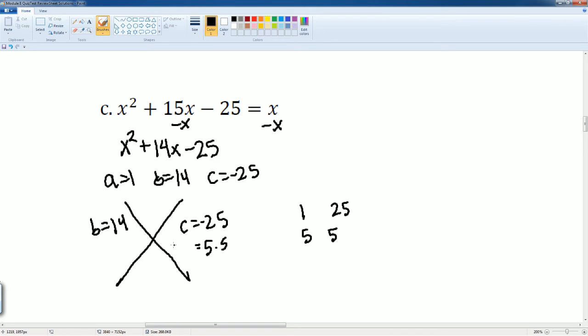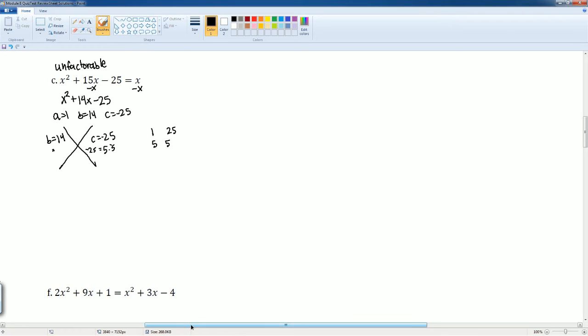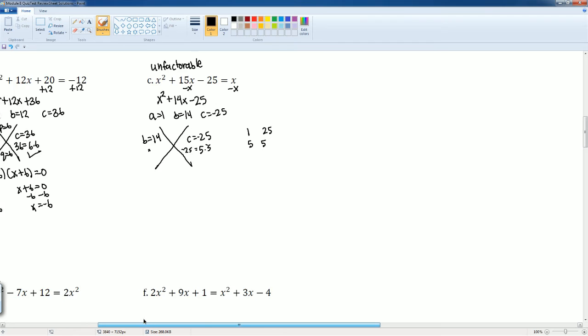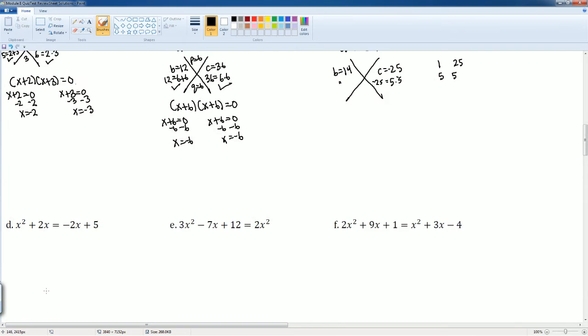5 times 5, even if you make one of them negative, gets you negative 25. There's no way you can make 14. So C, this is unfactorable. So you can't do C. It's unfactorable. That's interesting. Okay, let's do